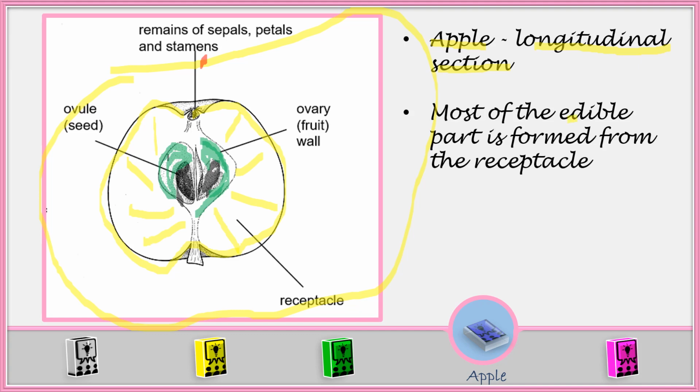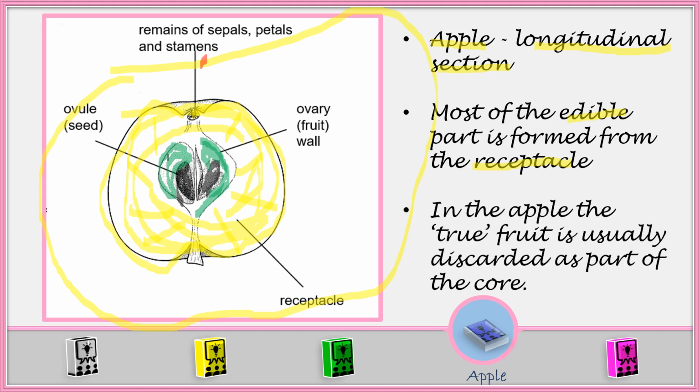Most of the edible part is formed from the receptacle. We have seen that most of this part here is formed from the receptacle, and it is the most eaten part compared to any other part. The apple, the true fruit, is usually discarded as part of the core. So when you are eating the apple,